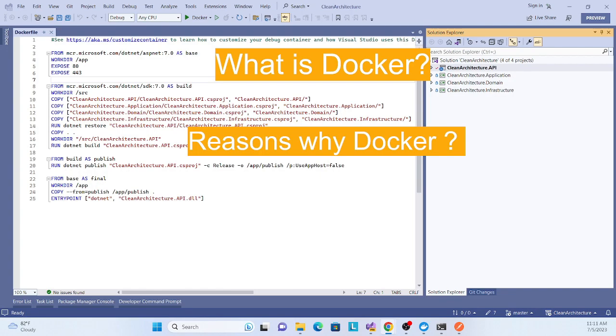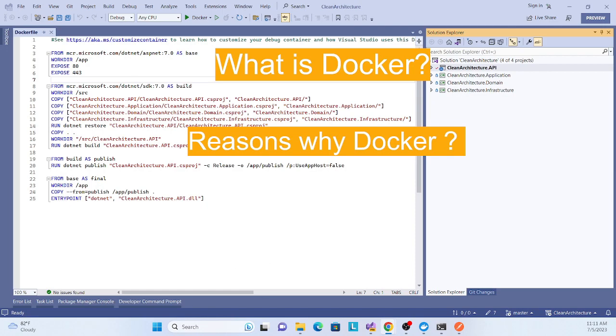Docker simplifies the deployment process by providing a consistent and repeatable deployment model. Once you have created a containerized application, you can easily deploy it to any environment that has Docker installed. The streamlined deployment process saves time and reduces the chances of errors during the deployment phases.